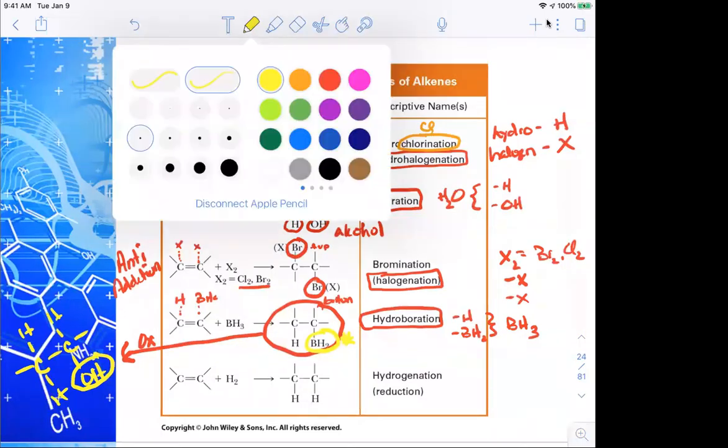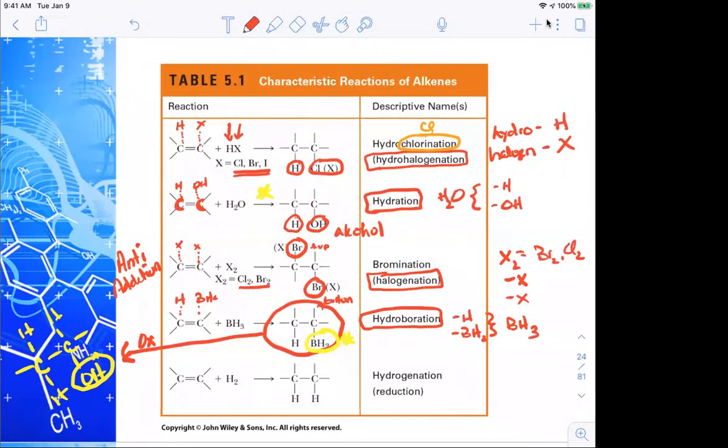The next one is just hydrogenation or reduction. Remember, a reduction is adding hydrogen. So with my H2, I add 2 hydrogens, 1 to each carbon in my alkene, and I end up with an alkane as these 2 hydrogens add across the carbons in that carbon-carbon double bond. So this is an overview of everything that we're going to talk about